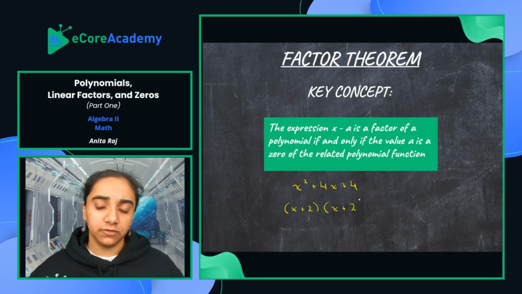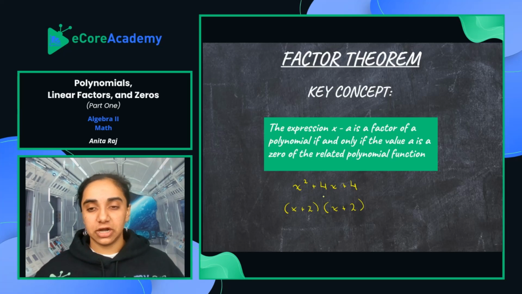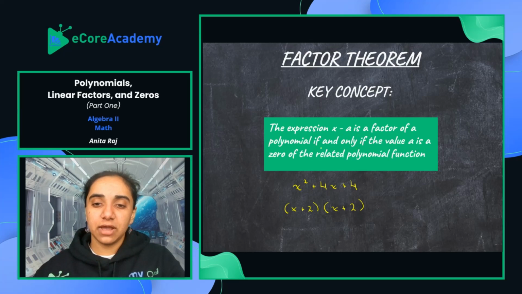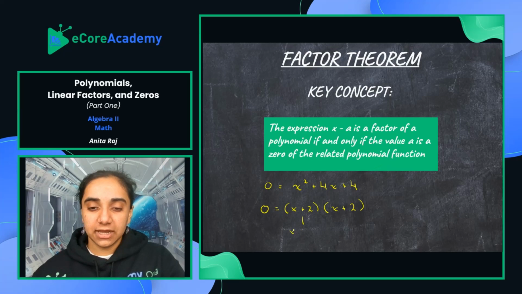That is pretty straightforward. If you multiply this out, you should get this quadratic. So what we're trying to say here is the expression x minus a is a factor of the polynomial if and only if the value a is a 0 of the related polynomial function. Well, if we set both of these equal to 0, when we look at the second one, the factored form, we're pretty much saying x plus 2 is equal to 0, and then x has to be equal to -2,